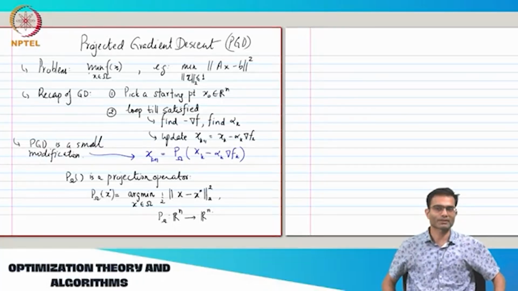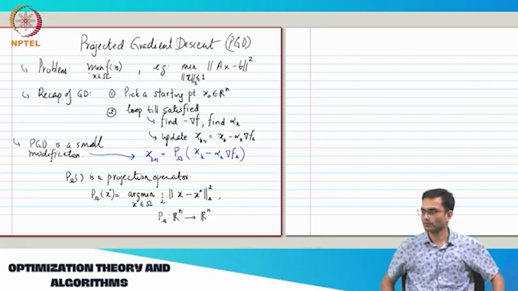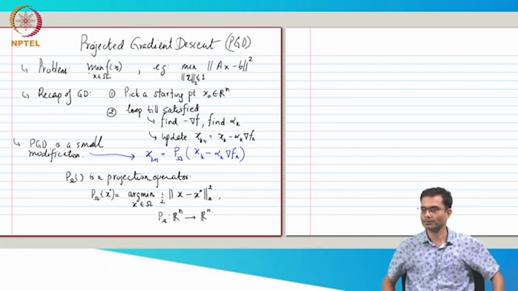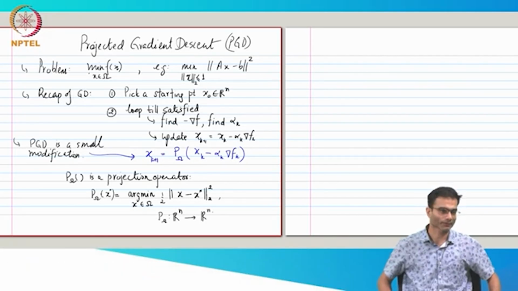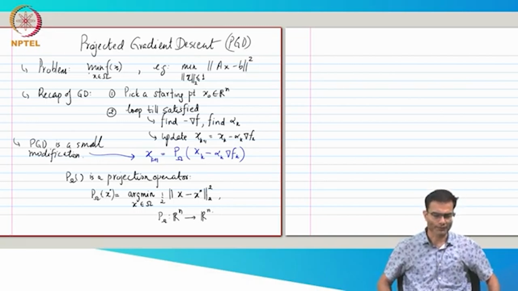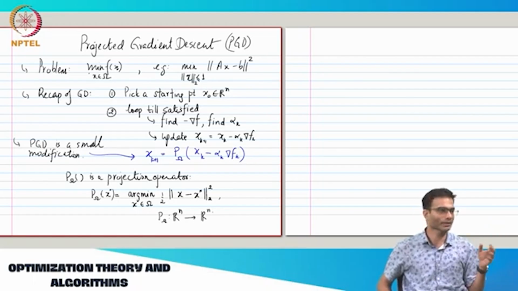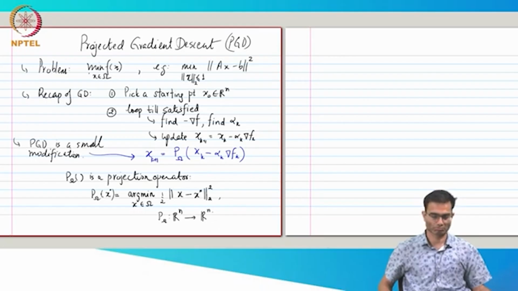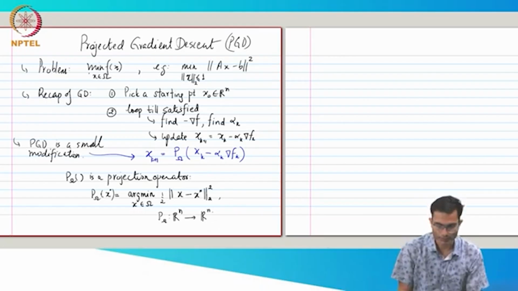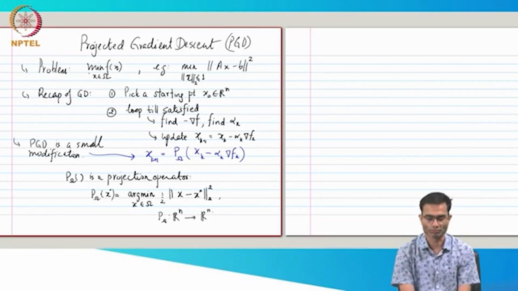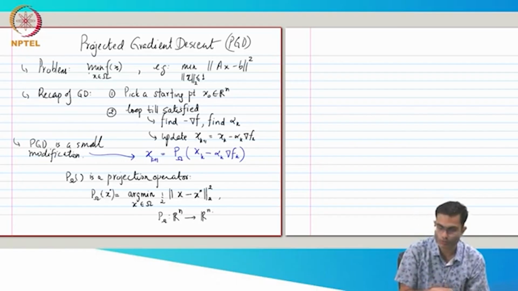Started talking about yesterday was the first algorithm for constraint optimization, projected gradient descent. So far, we just gave you the basic definition. We saw how you start with gradient descent and do one small modification to it, which is that once you do your usual gradient descent update, you also do a projection